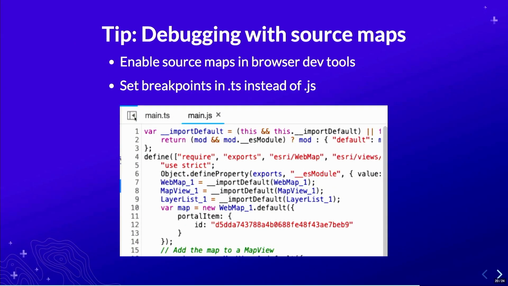Debugging with source maps. We're actually going to cover this in the demo in a second. But what's really neat is that you can set the breakpoints in the TypeScript file, right? So I have a main.ts here. I'll set a breakpoint there, and it'll do the breakpoint for the source of my TypeScript file. I could look at the output JavaScript. Maybe there's something I don't understand about what TypeScript is outputting my JavaScript to, and I need to look at that. But most of the time, and I say this with confidence,